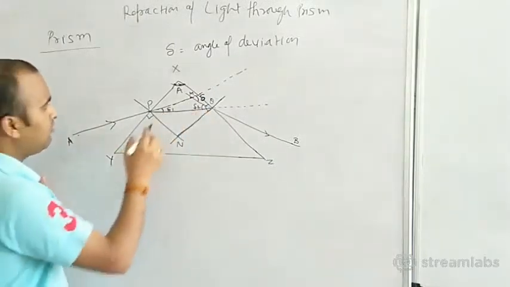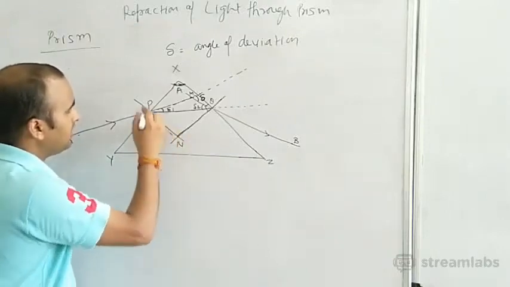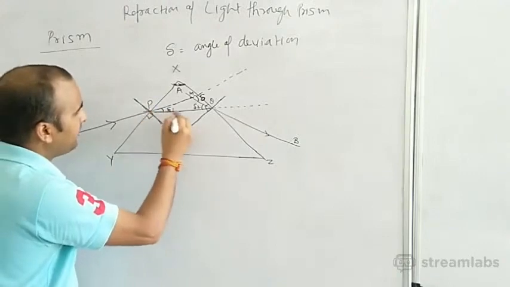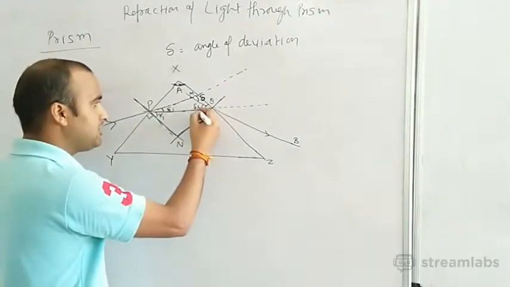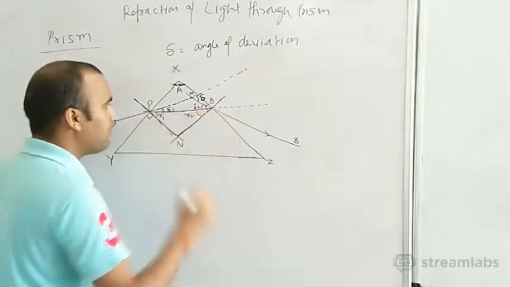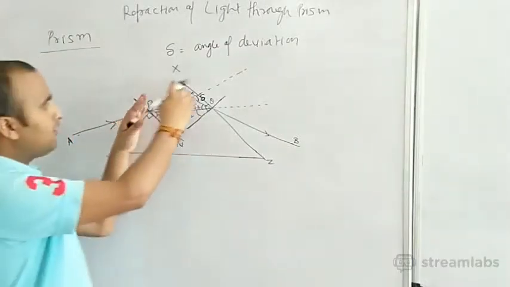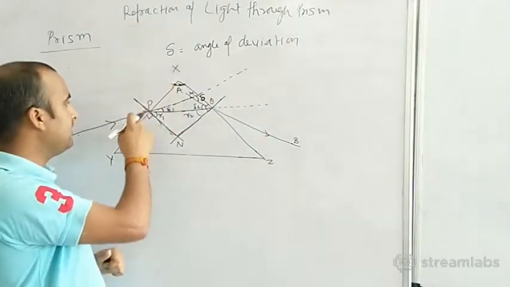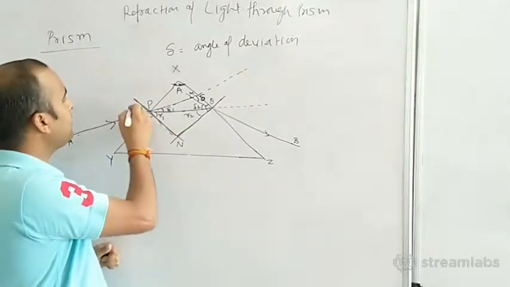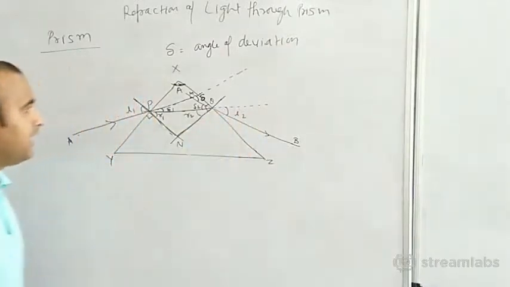Okay, now one more, this is the normal line, and this is the refracted ray, so this one is known as the angle of refraction, and again this is angle of refraction R2. Refraction is happening twice, so R1 and R2 are the angles of refraction. So this is the path of light inside the prism. So how can you find the relation between the angle of prism, this is I1 angle of incidence, and here this is I2 angle of emergence?